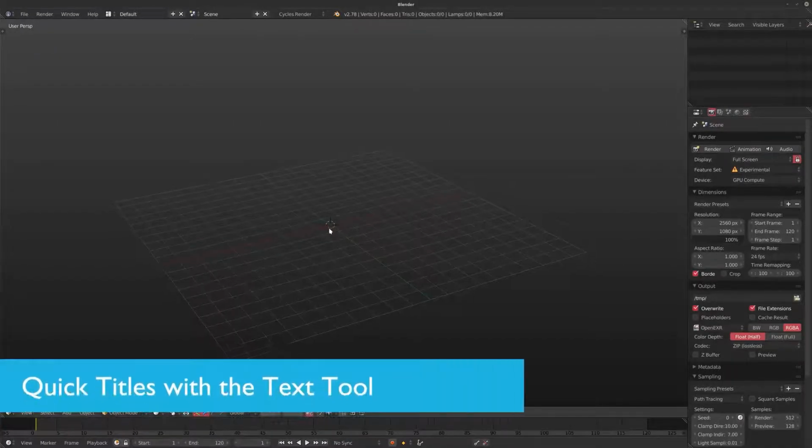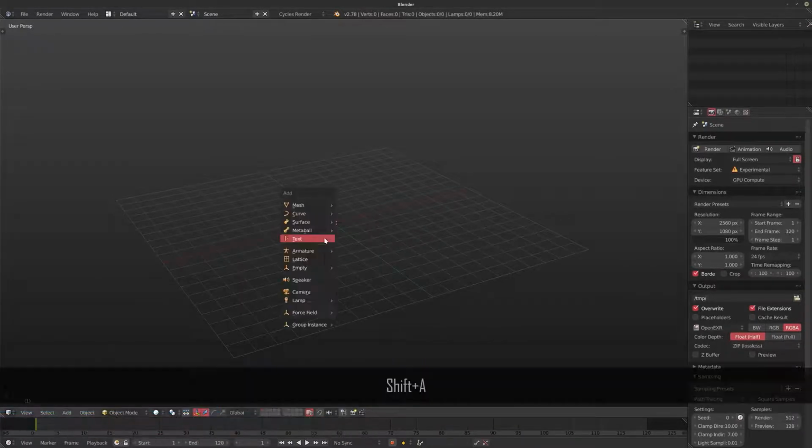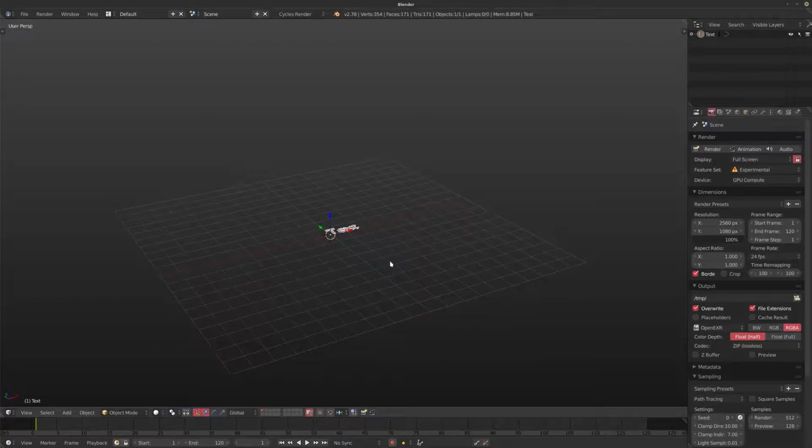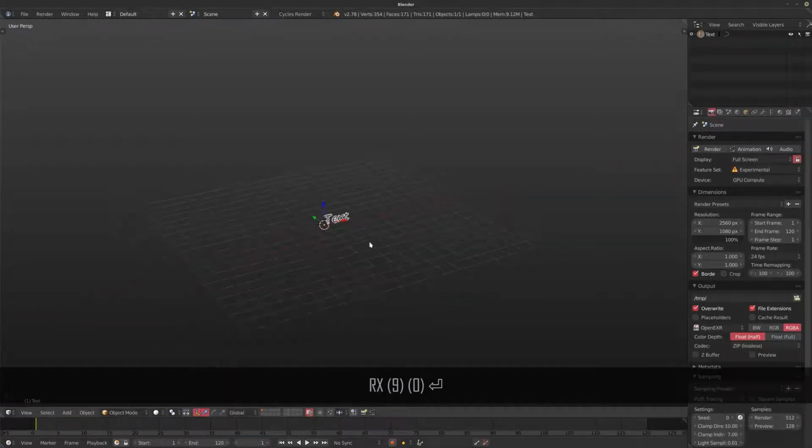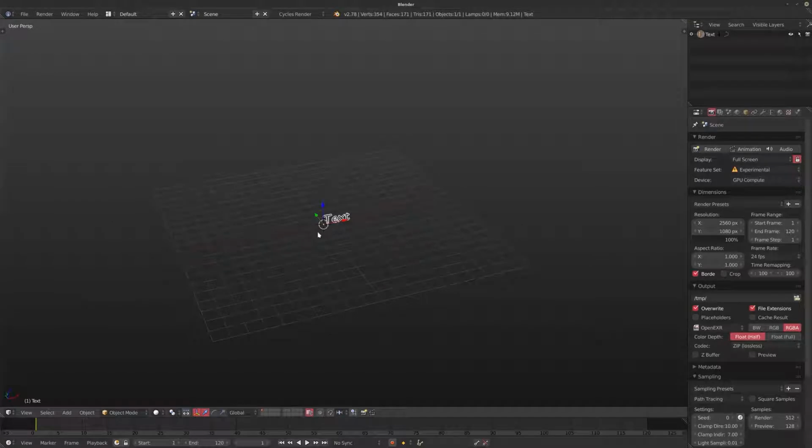So I want to talk a little bit about how I did the text for the Blenderman titles very quickly. If you Shift A, we can insert a text object. I'm going to rotate it on the x-axis, I'll rotate it to 90 degrees. Now, if you're creating certain objects, you might notice that the scale of your object might be slightly different to the scale of the object in my scene.